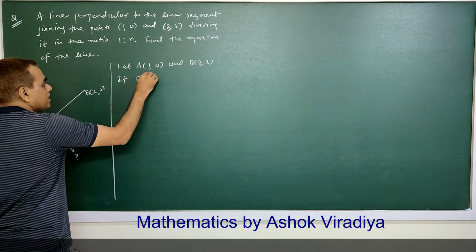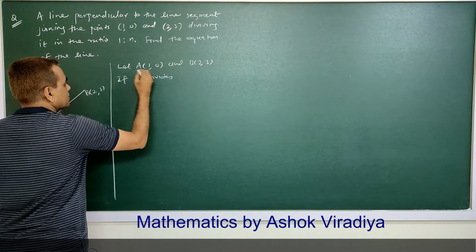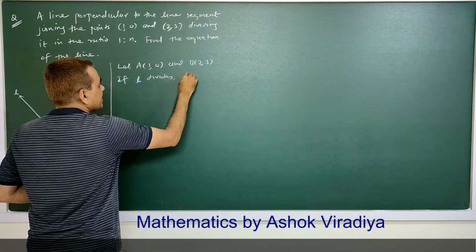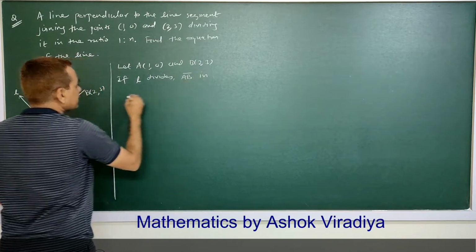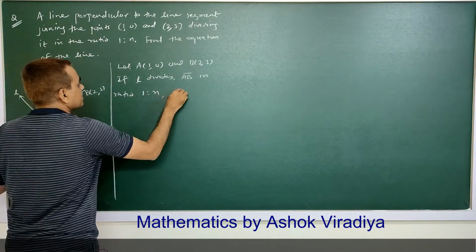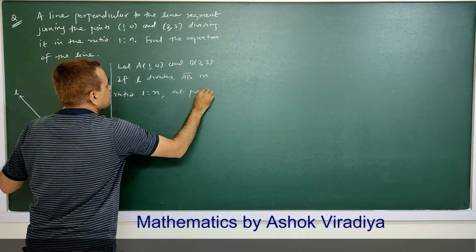If line L divides line segment AB in the ratio 1:n at point P,